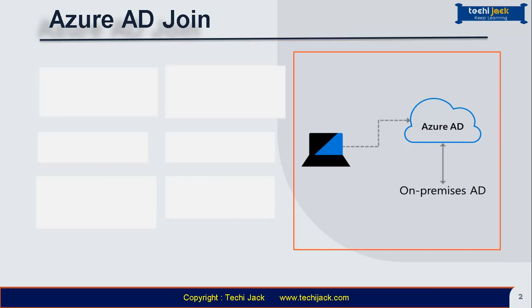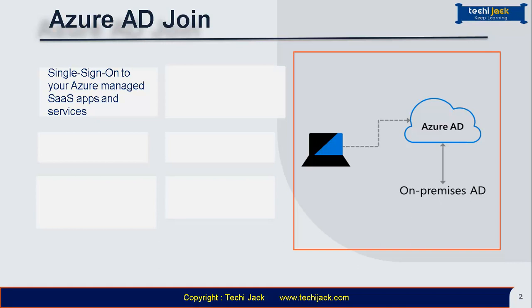Azure AD is designed to provide access to the organizational apps and resources, and to simplify Windows deployment on work devices. Azure AD Join has these benefits. Single sign-on, that is called SSO, to your Azure managed SaaS apps and services. Your users will not have additional authentication prompts when accessing their work resources. They will not have to put the password again and again. The SSO functionality is available even when users are not connected to the domain network as well.